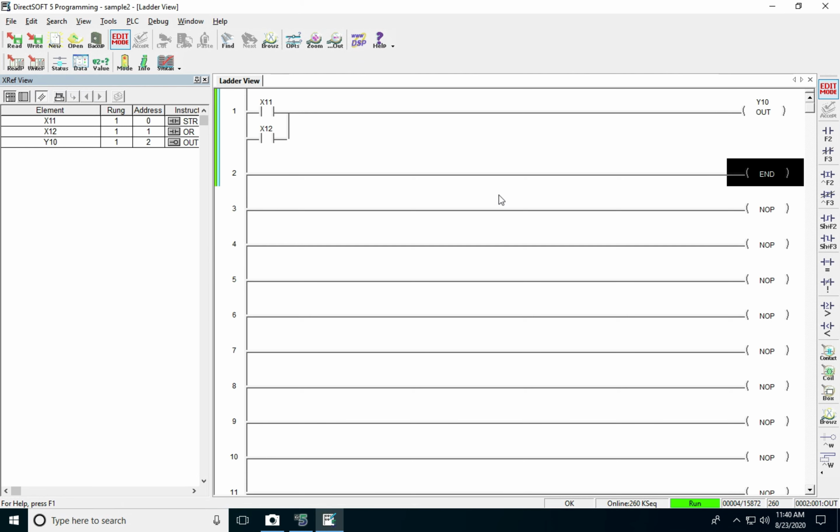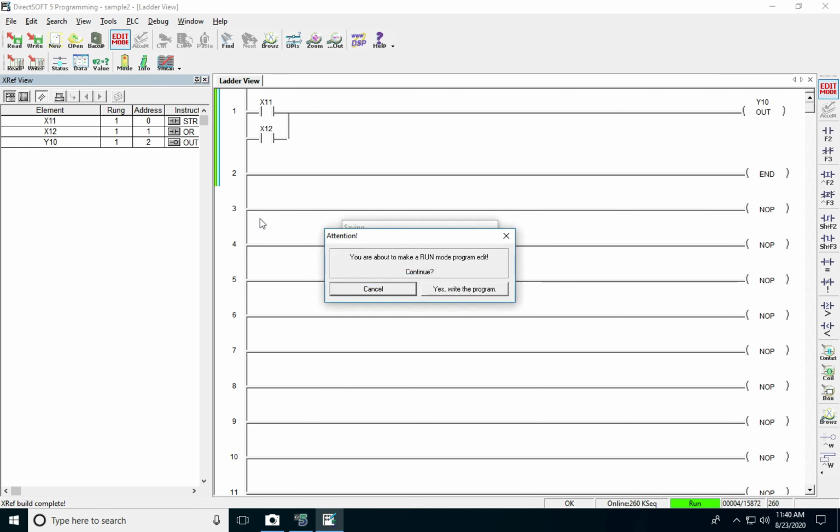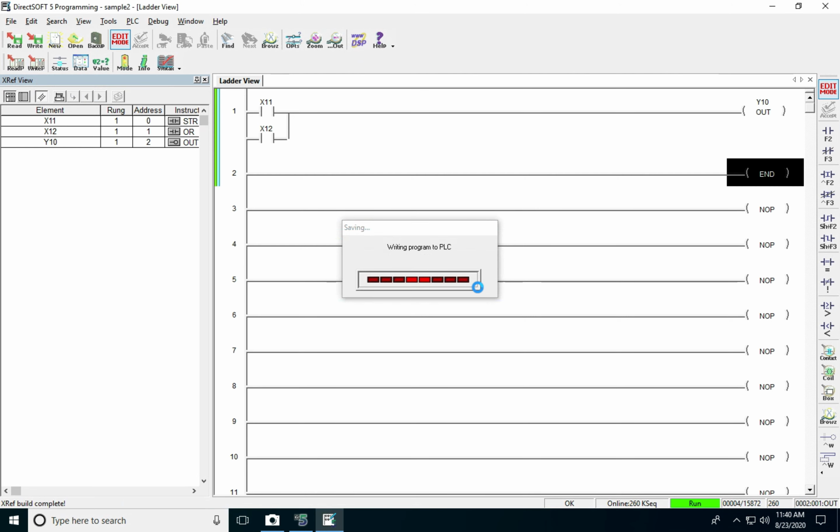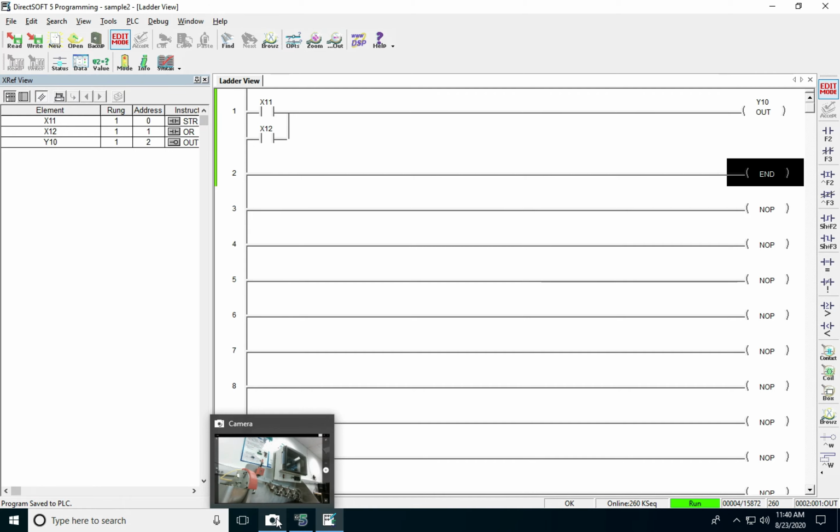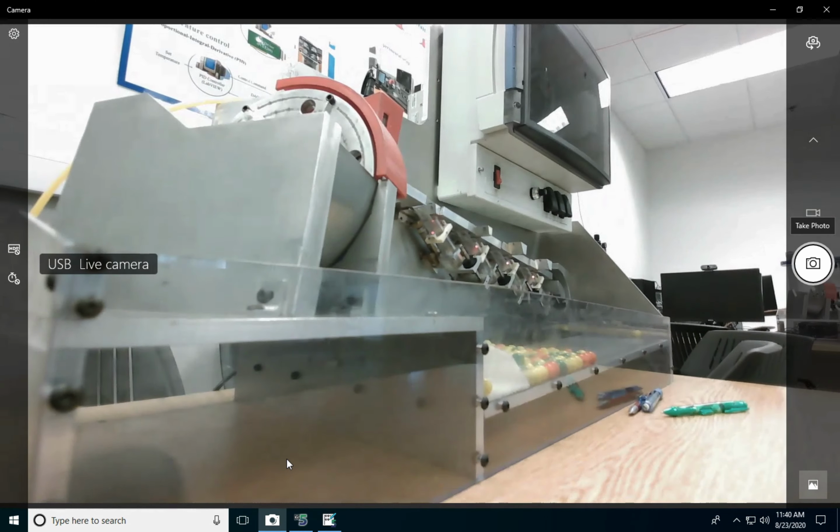Now we have to write this to PLC. You can click this write to PLC icon. So I click that. It will ask you are writing something to the system. Do you want to make the changes? So we can click yes. Now it's writing to PLC. Now it's done.